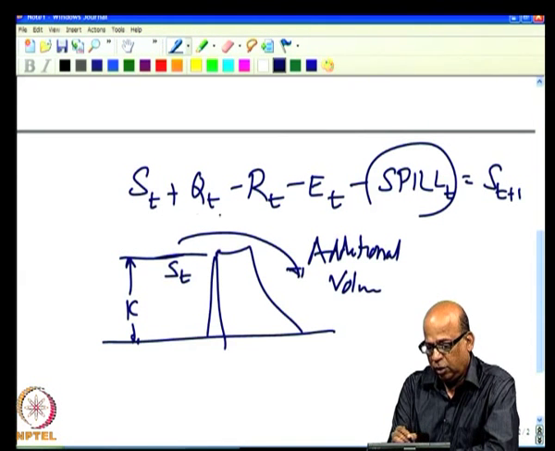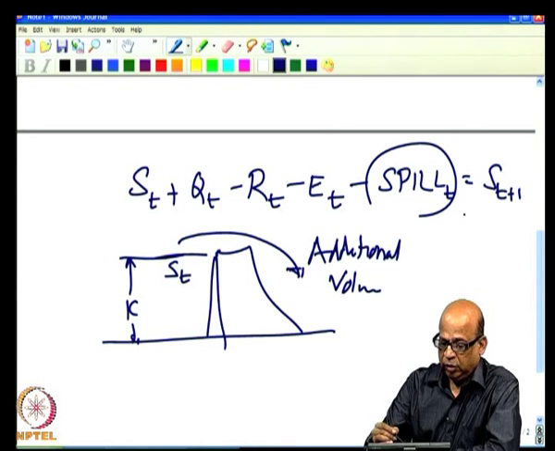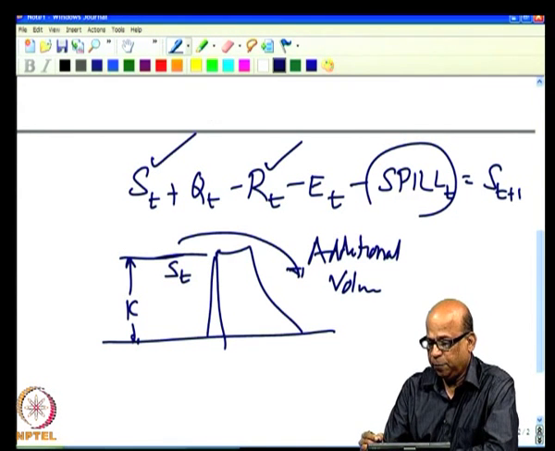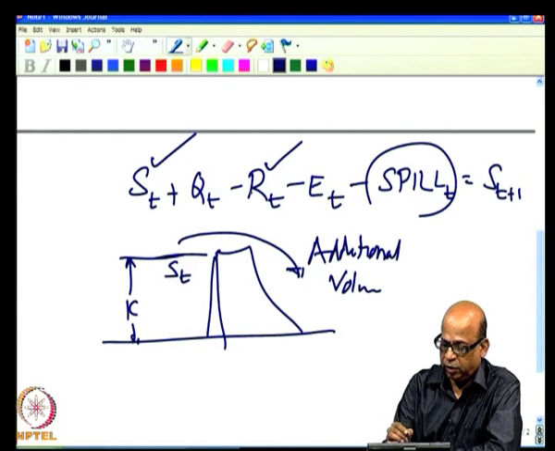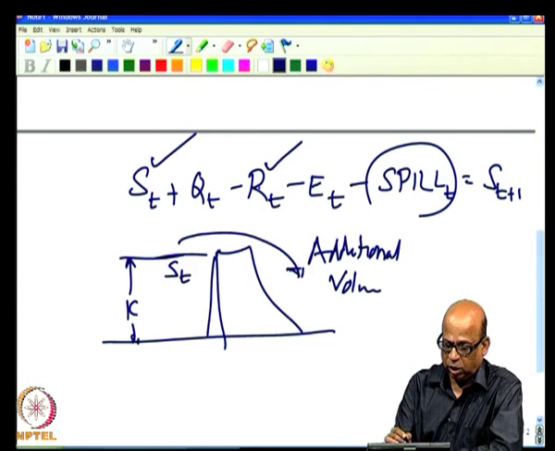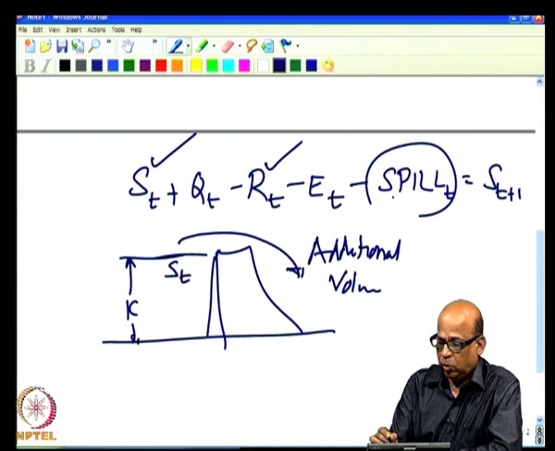But if we write the continuity like this, you have the decision variables RT, you have the decision variables ST, or if you specify RT, your decision variable will be ST and K. But in the yield function, we are talking about decision variable as RT for a given k. How does the program know, how does the optimization know that this spill T should occur only when we reach this capacity and not before that?